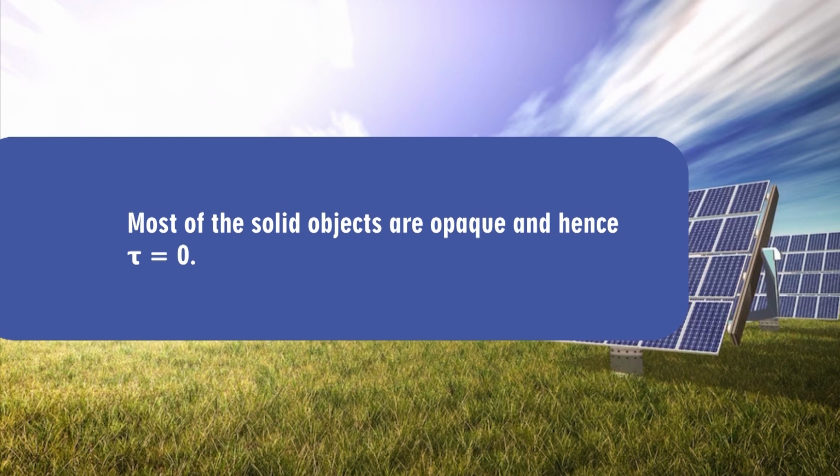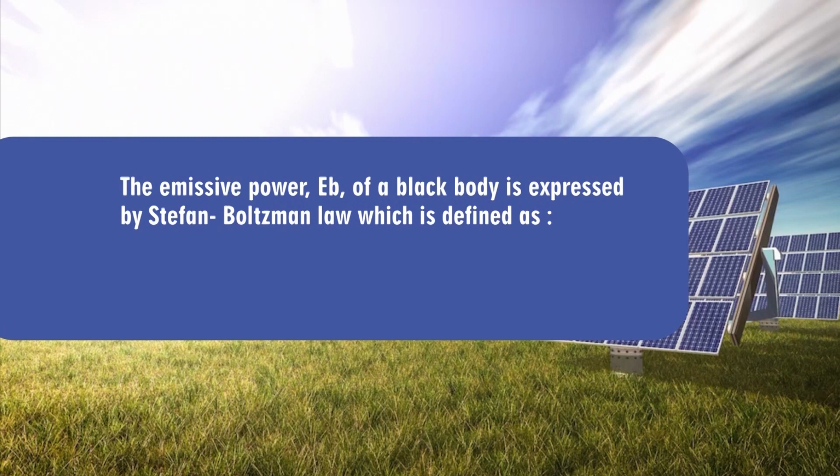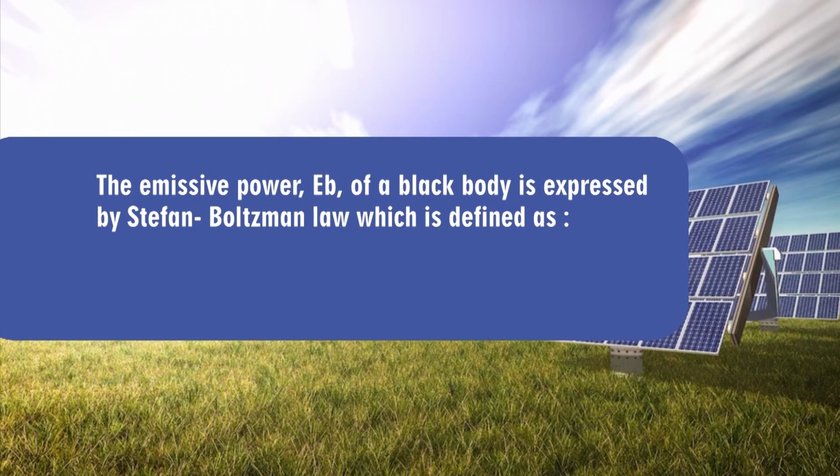So you can say transmittivity is 0. If a body absorbs all the incoming radiation, such a body is called a black body. The radiation characteristic of a surface depends not only on the surface properties but also on the wavelength and direction of the radiation. Now here you can see the emissive power, which is denoted as E suffix B of a